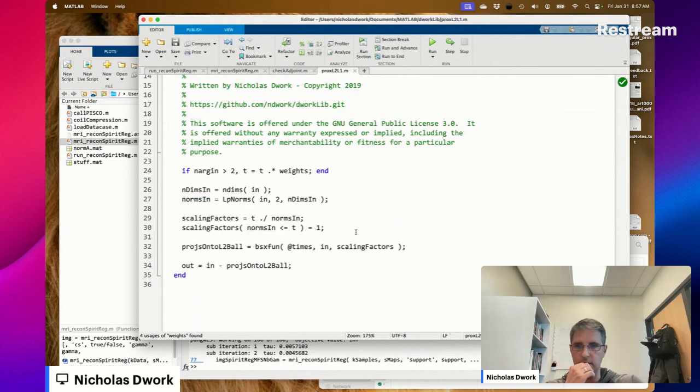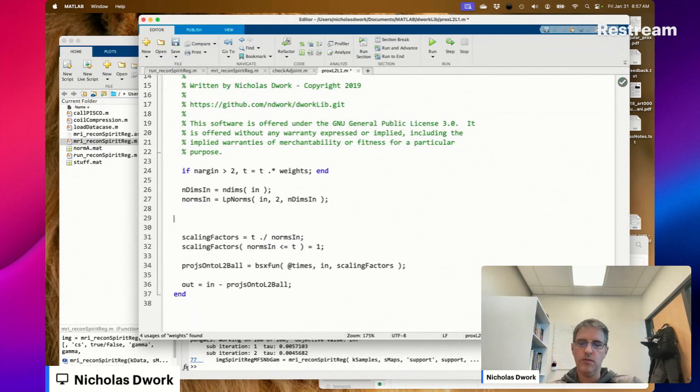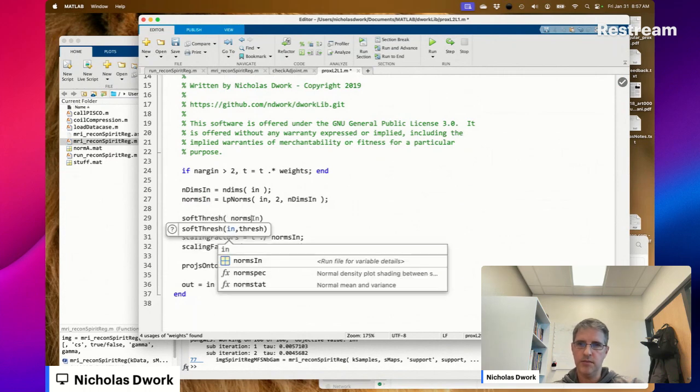That's the whole point of doing compressed sensing. What we want to do is norms in.